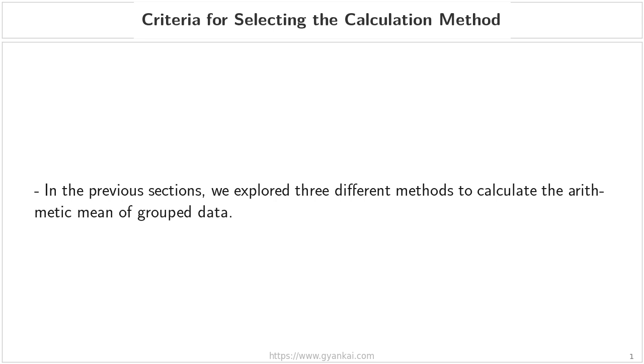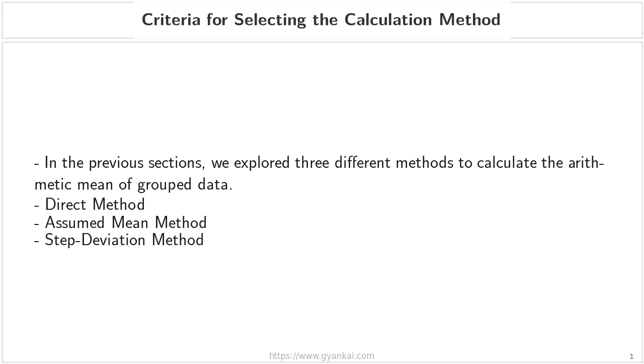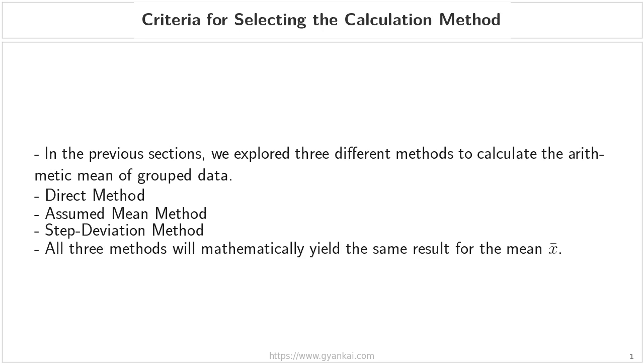Welcome, everyone. In our previous lessons, we explored 3 distinct mathematical approaches to calculate the arithmetic mean of grouped data. Specifically, we looked at the direct method, the assumed mean method, and the step-deviation method. Now, it is important to remember that even though these techniques look different, they are all mathematically equivalent. This means that all 3 methods will yield the exact same result for the mean, which we denote as x